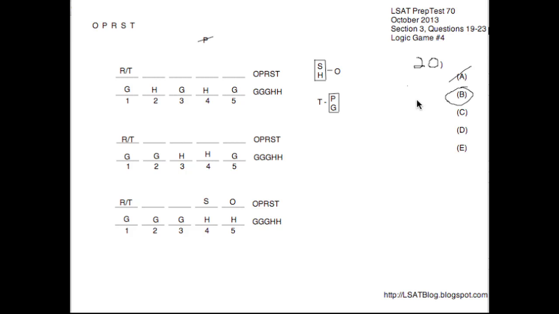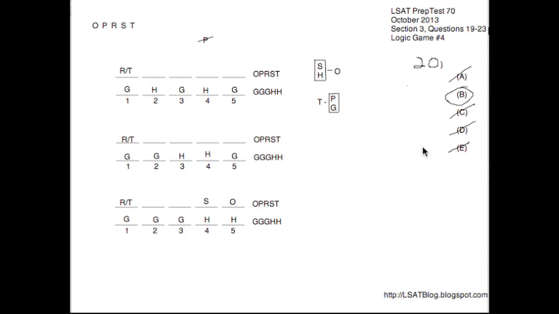I will quickly run through the rest though. C says 2 and 5 in G. That happens in the middle diagram, so that's a could, that is gone. 3 and 4 both in H happens in the middle, so that's gone. And choice E, 3 and 5 both in G happens in the top diagram, so that's gone as well, leaving